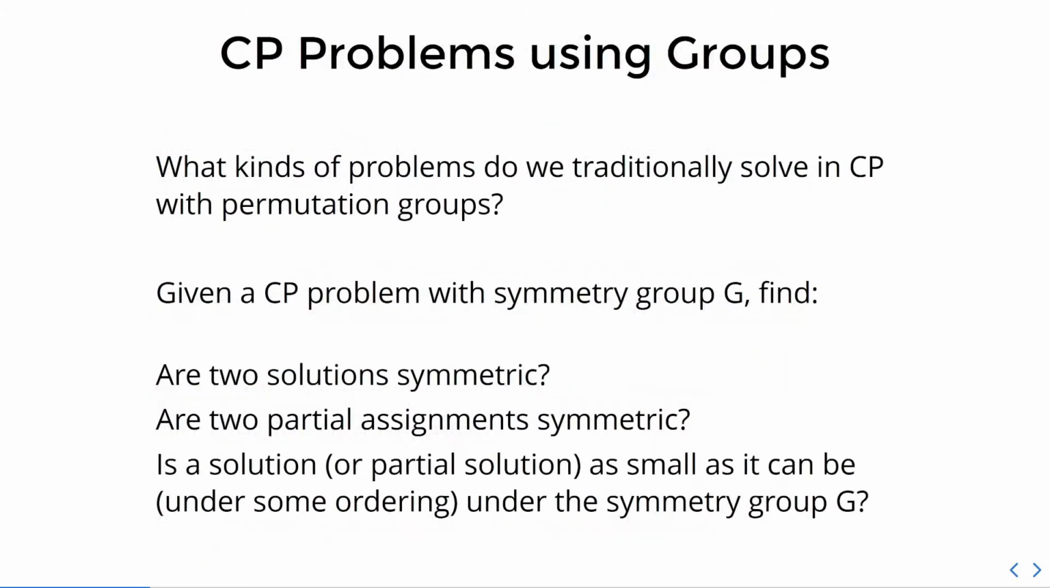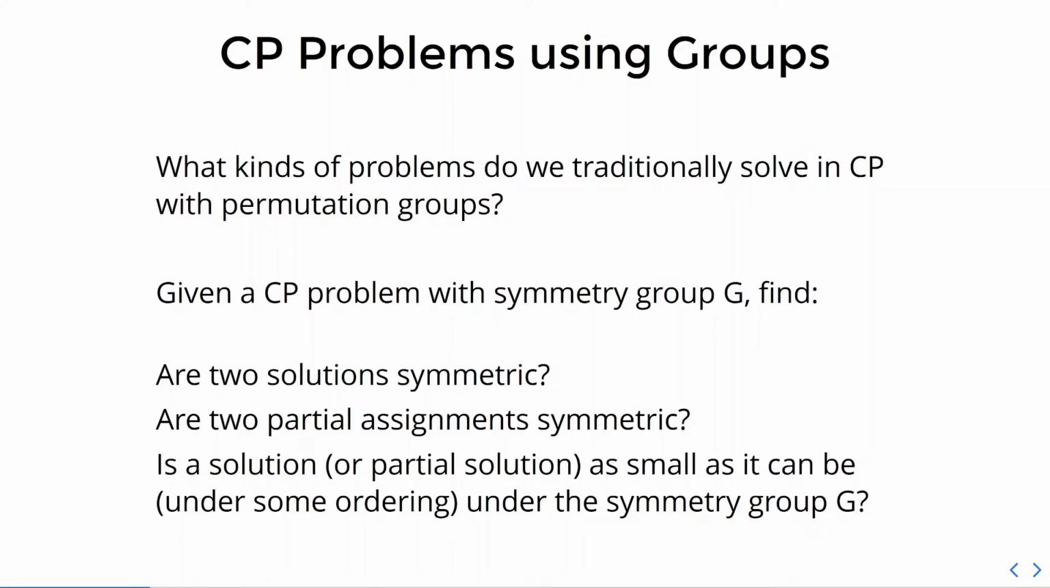So, what kind of problems do we traditionally solve in CP with permutation groups? The classic problems that people have solved in the past is when a problem has a symmetry group. So we might want to know, given 2 solutions, are they symmetric? Because a user might not want to see 2 solutions which are fundamentally the same under, say, swappings of trains. Are 2 partial assignments symmetric? So say we've half filled in the variables. Are they symmetric? Because if they are, we don't want to search both of those 2